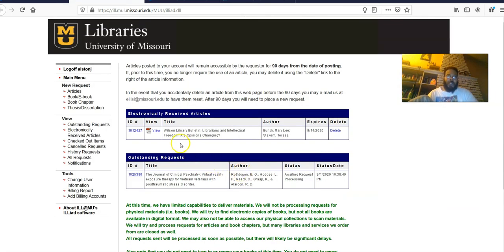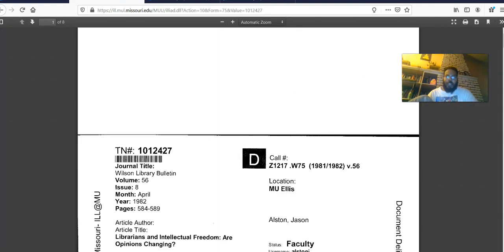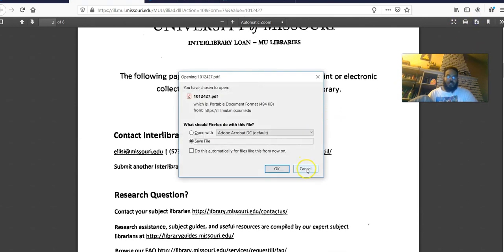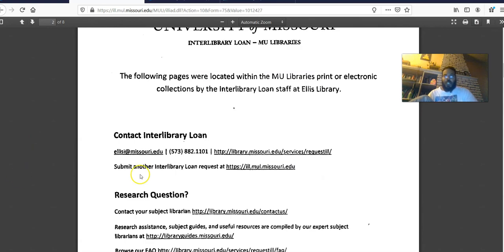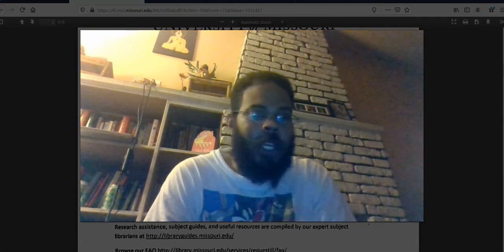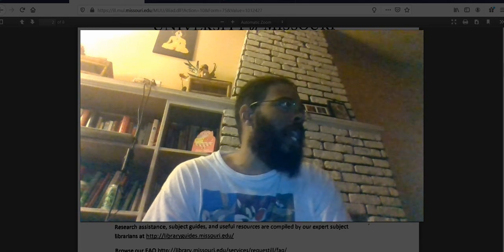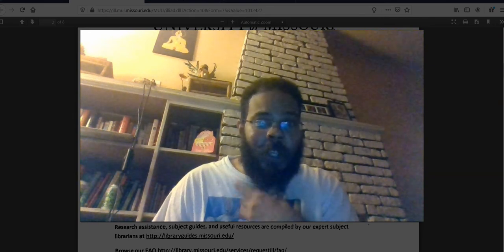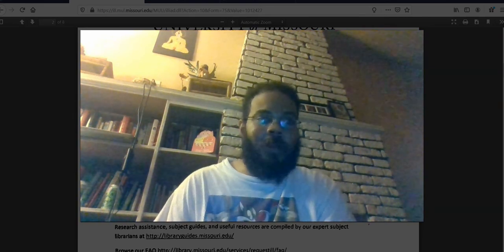And then what happens is once they've been able to locate your article and fulfill your request, then you will get the opportunity to download it by clicking View, and then you can download the PDF if you so choose. So that's how that works. Okay, so that is the odds and ends to using the Journal Finder feature and to also using the feature for interlibrary loan. And these things are going to come in handy in your librarian practice, so please get used to them and get used to using them now.